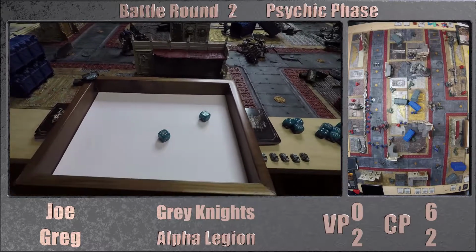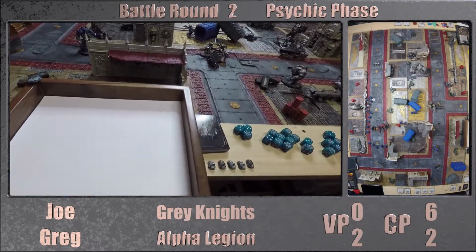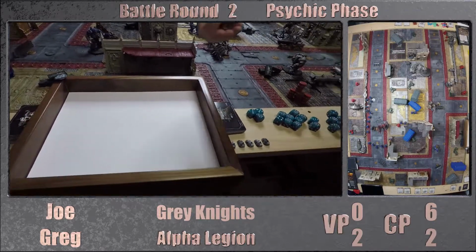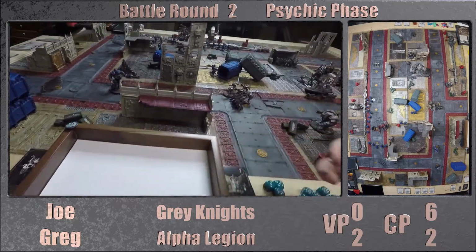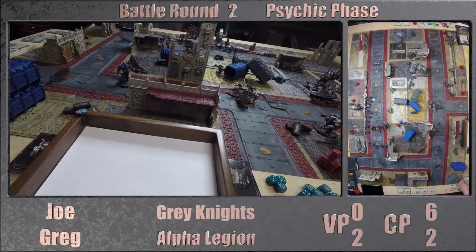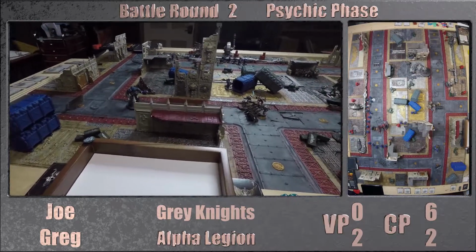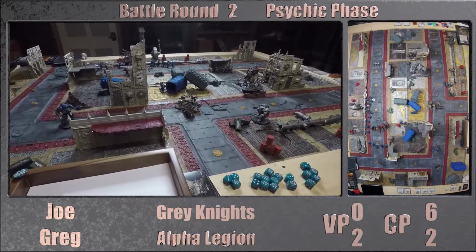And I get a 10. So you get +1 to deny, Joe. I will try and deny that. Oh, Deny. All right. And then that stopped. Then I'm going to cast Prescience onto...